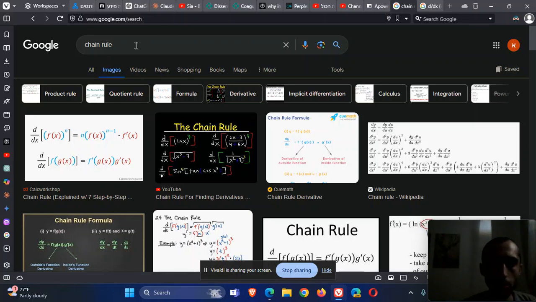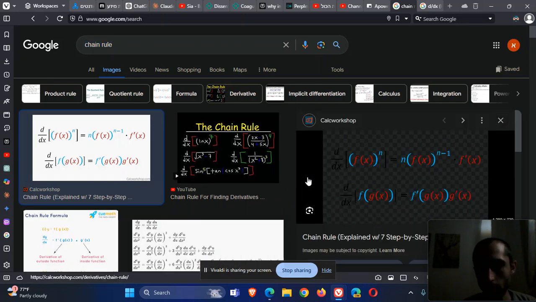So let's talk about the chain rule in differentiation. The chain rule tells us how to differentiate, to take the derivative of a function of a function. So if we have a function f of a function g of x, when we take the derivative d/dx,